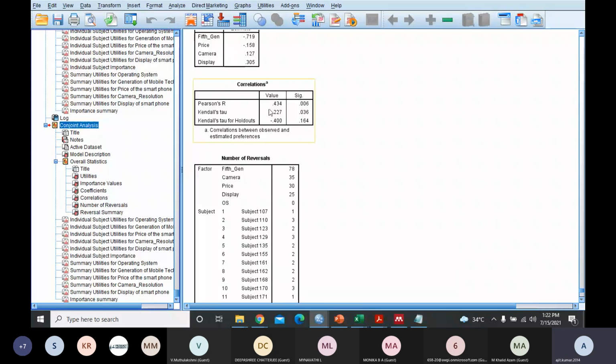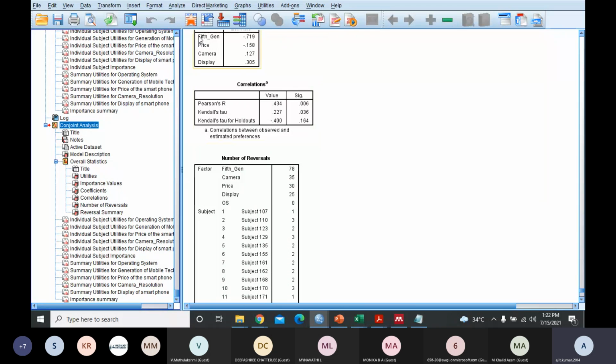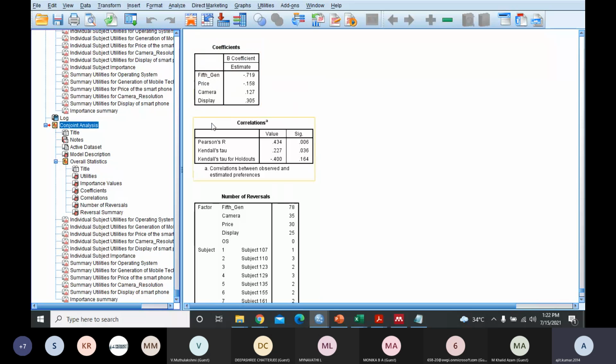I know that this is some dummy data I have taken from some books and simply changed the names of these factors just to make it more appealing to everyone. So this is okay. But in actual research, if you see that these values are not so great, we'll have to really understand what went wrong, whether the respondents have not filled in the responses properly, or what has happened,